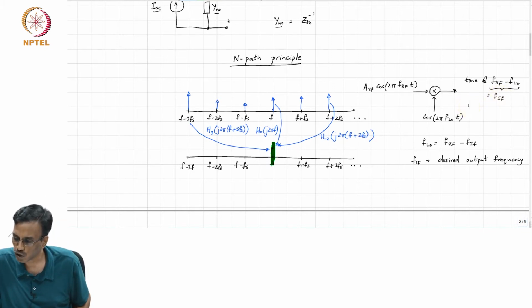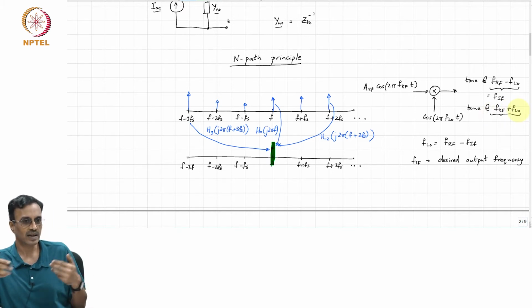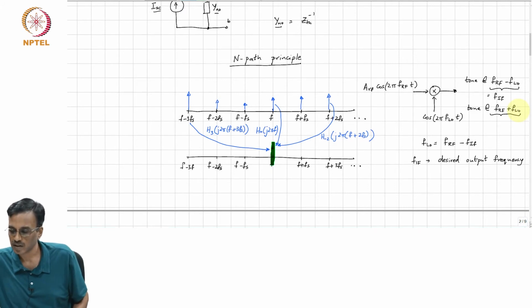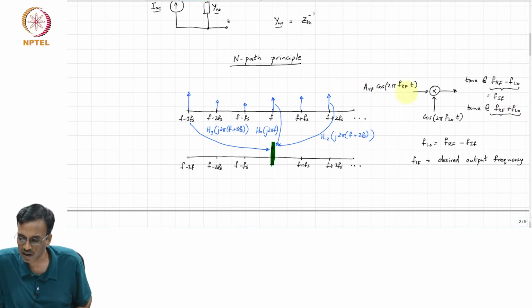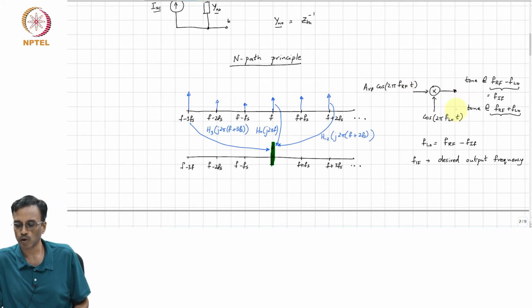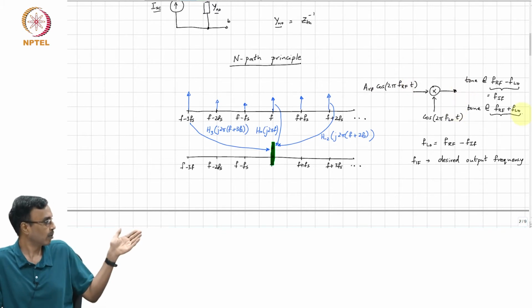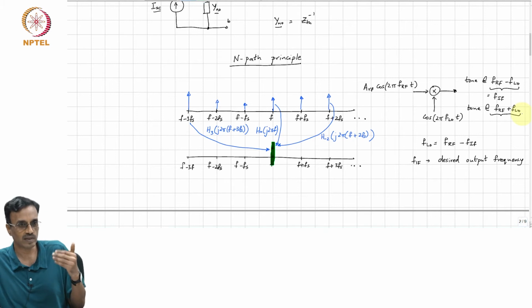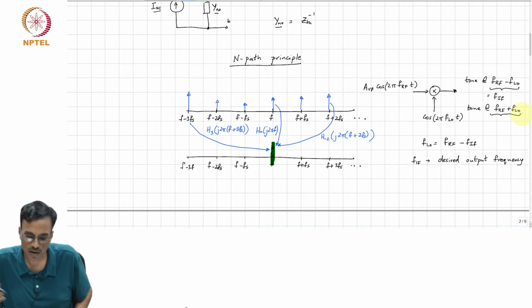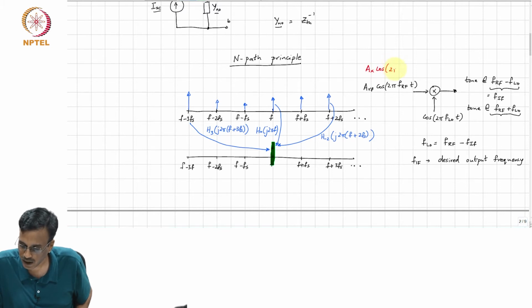And there is also a tone at fRF plus fLO, and this frequency is going to be a very high frequency and can easily be removed, right. So, the fact that you put in a single input tone and you get two tones at the output is not really that much of a practical problem, because the second tone is so high in frequency that it can be removed. However, there is also a rogue tone, which let us call A_X cos 2 pi